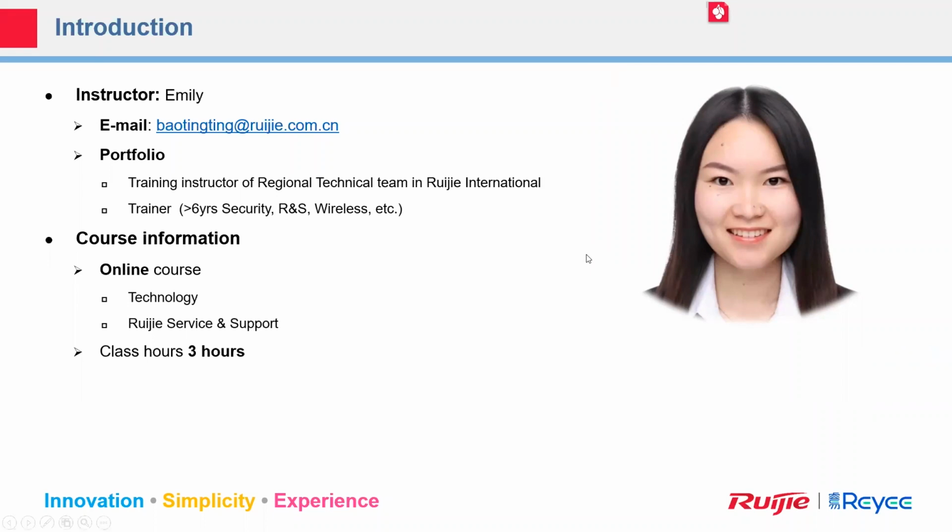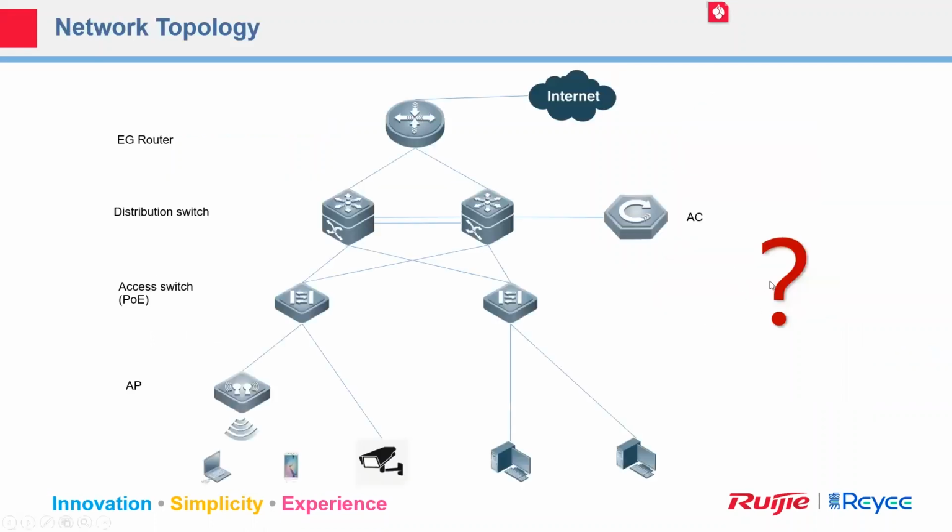So now before we talk about the detail, let's have a brief introduction about the network. Here I give the typical topology for you. Maybe in your real network, the topology is bigger. This is a logical one. Maybe the physical topology has many more devices than here. We can divide the network topology into 2 parts. The first one is a wired network, and another one is a wireless network. And about the wired network, we usually divide the network into different layers.